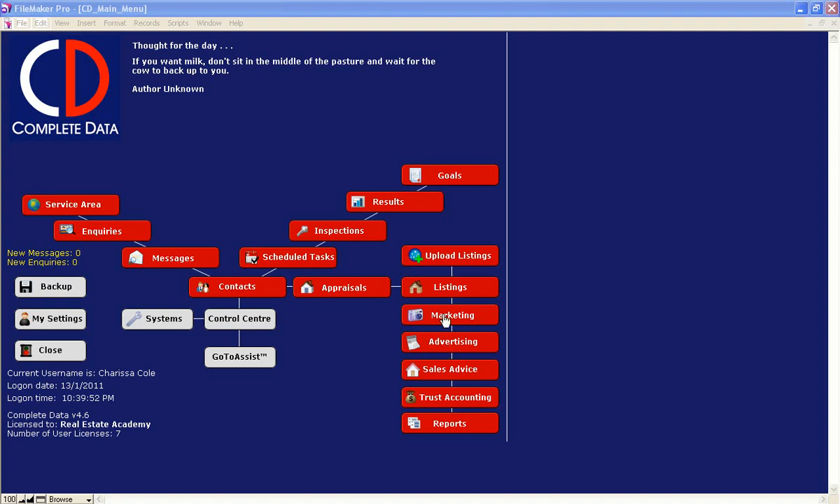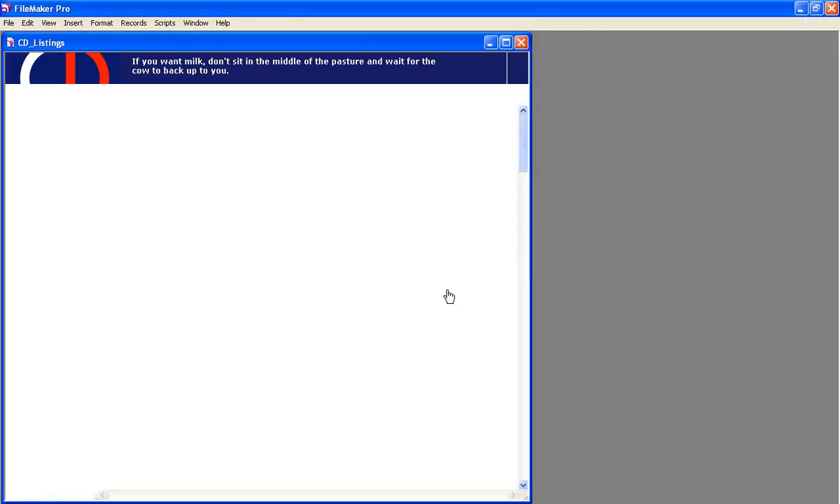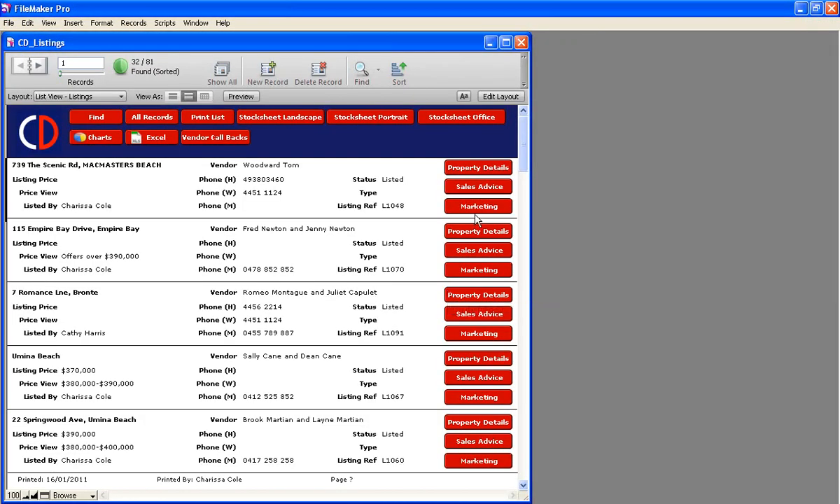So we're going to select on listings. There's a few ways that we can enter the marketing database. It's either through listings, marketing, or through advertising. So we're going to select on listings for the moment, and will be brought through to our list view format. We can see here that we've got marketing, so we can select on marketing of any property which has been captured in the system. So we'll scroll through, find the property that we'd like to enter the marketing database for,